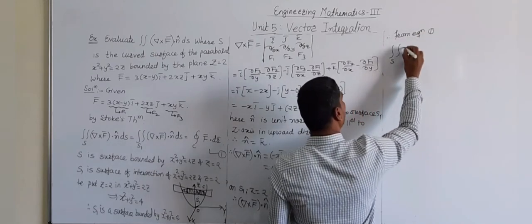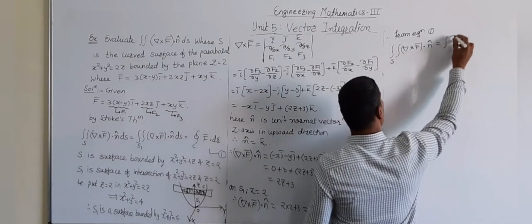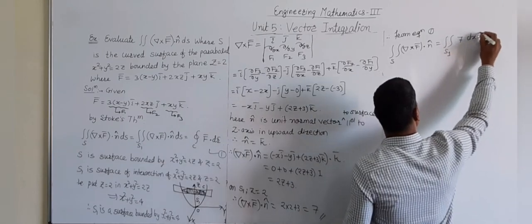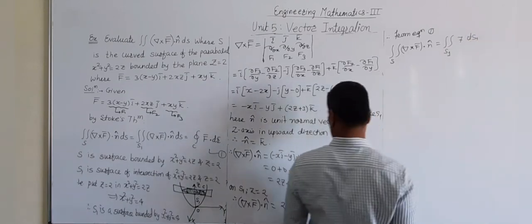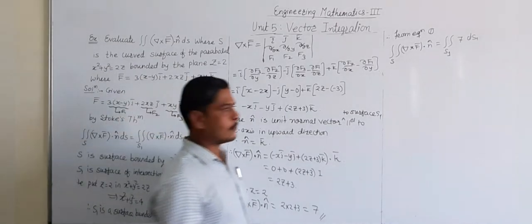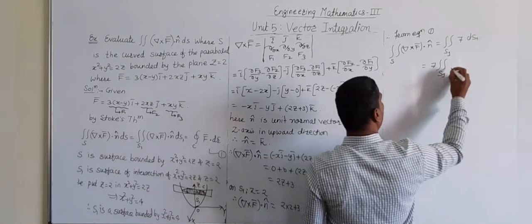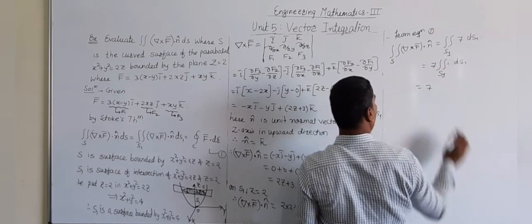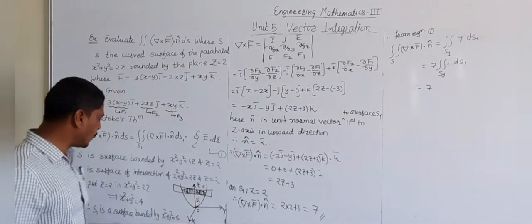double integration over surface S of del cross F bar dot n cap is equal to double integration over surface S1 of 7 into dS1. Okay, so this is dS1 for surface S1. And so this is equal to 7 into integration over surface S1 of dS1. So this is equal to 7 into double integration of S1, but surface S1 is a circle, x square